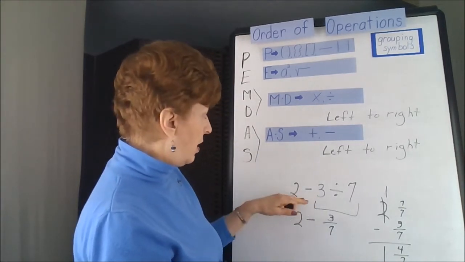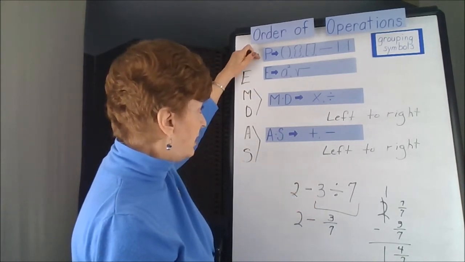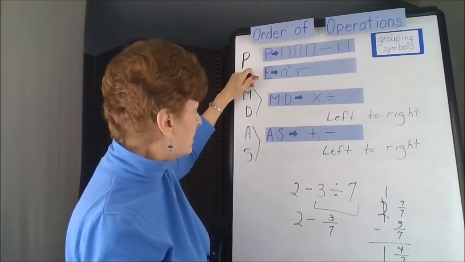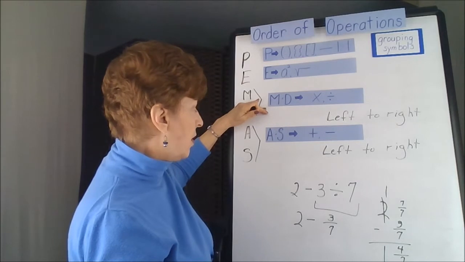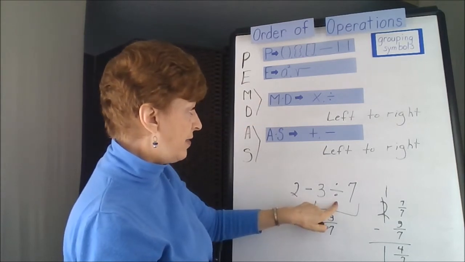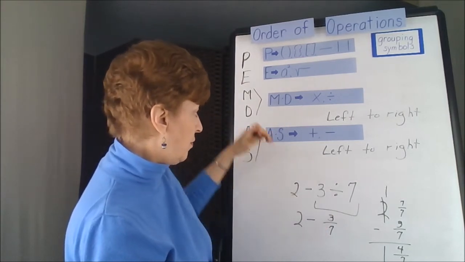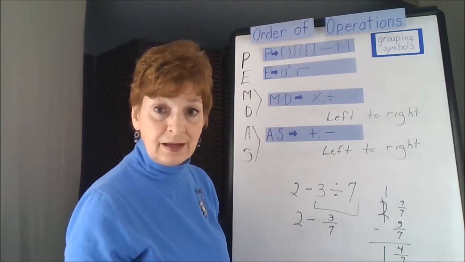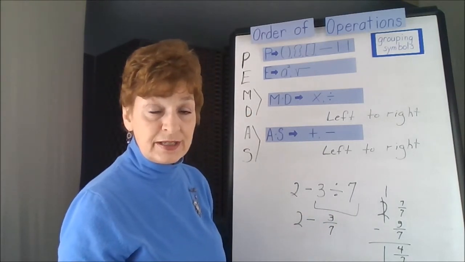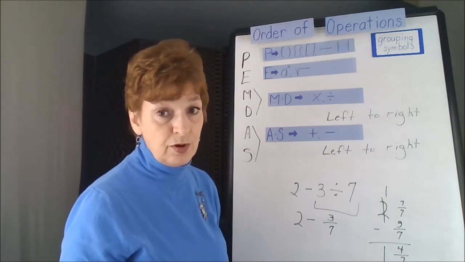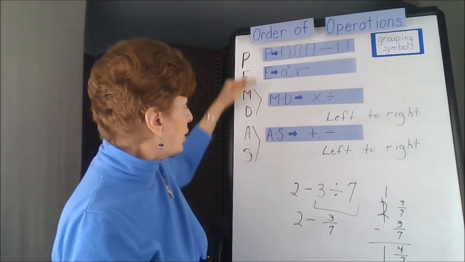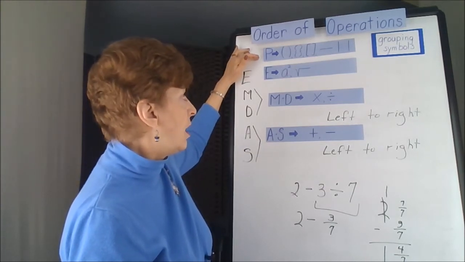So we didn't have any parentheses, so we skipped it. There were no powers or roots, skipped it. The multiplication division, yep, we did have that. So that came before we finally did the subtraction. You're really kind of using the order of operations in a reverse order of how you learned it in school, because the most current things that you're learning would be your